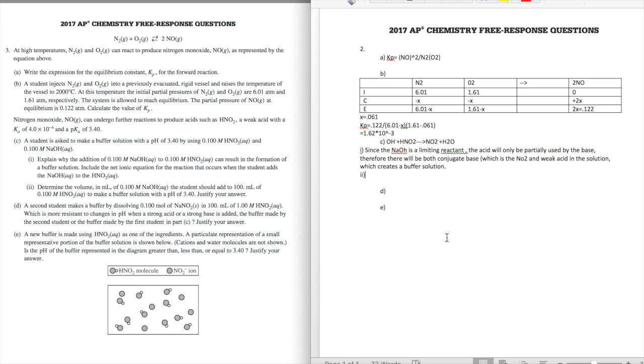So all we have to do, this is simple stoichiometry. To determine the volume in milliliters of the NaOH we should add, we only have to add 50 milliliters of the 0.1 molar NaOH